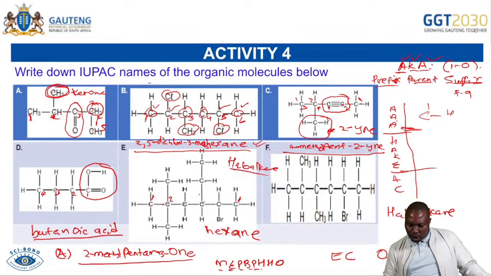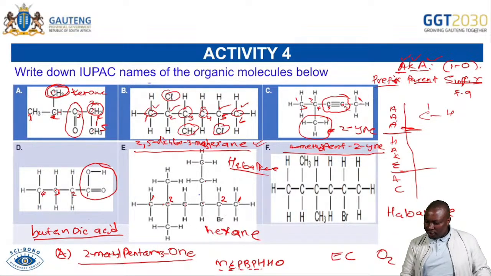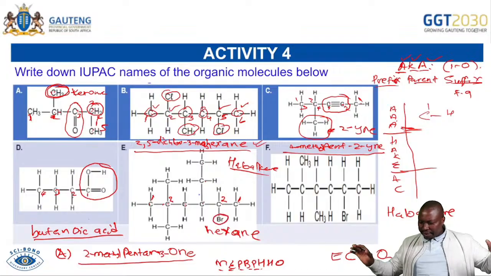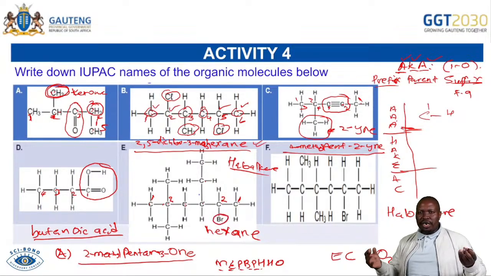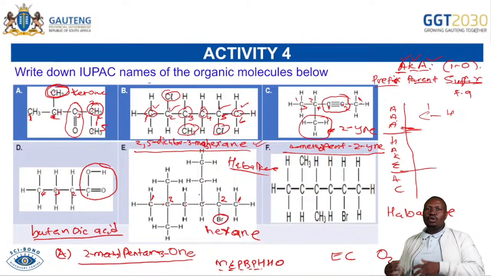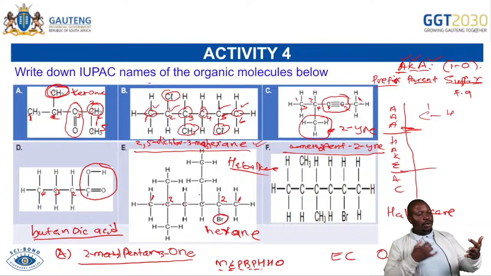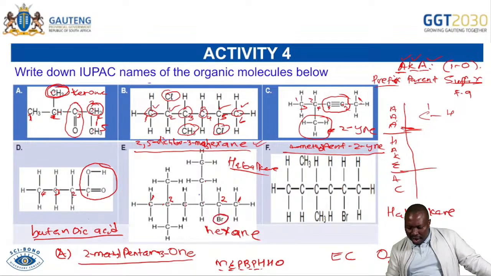It says I'm carbon number 2. Even this one is saying I am carbon number 2. Then what do you have? This one has 1 substituent. Remember, bromo, methyl, chloro, ethyl: we treat them the same. They are all substituents. They are all prefixes. They are all your children. You will treat them the same. When you have children, you don't treat them differently. So you will treat bromo the same way you treat ethyl, the same way you treat methyl. But on this carbon, we have 2 substituents.